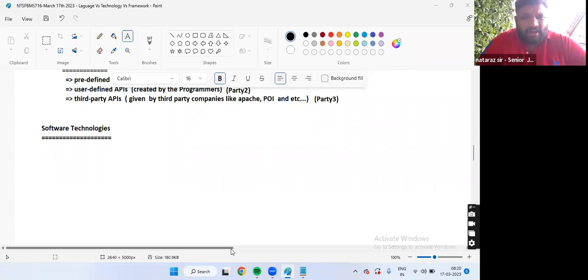Is it not interesting? Today is just an introduction. I'll talk more and more about technology in the coming classes also. So at least now you agree with me. Technologies are not installable. Technology-based softwares are installable or arrangeable. Working with the technology-based softwares is nothing but working with the technology.